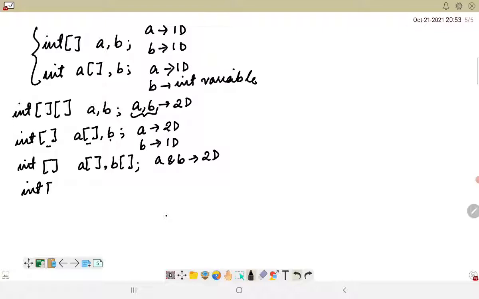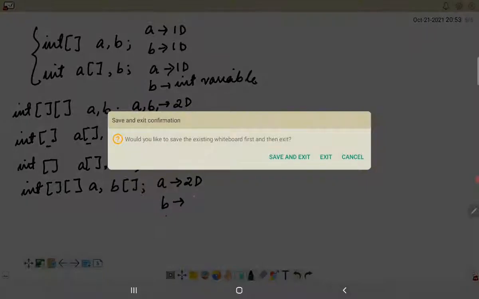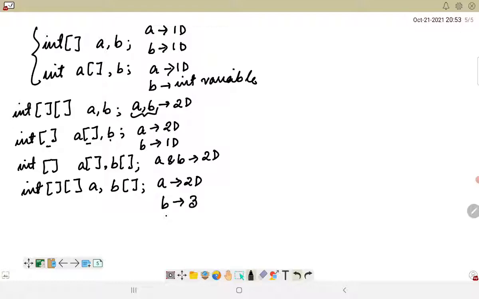Again, int, if I am using this kind of representation, a comma b and then a bracket, so here basically a will be a 2D array, however b, since it is associated with three brackets, so it is a 3D array, right? Now one of the most important representations is if I am writing something like this, int followed by